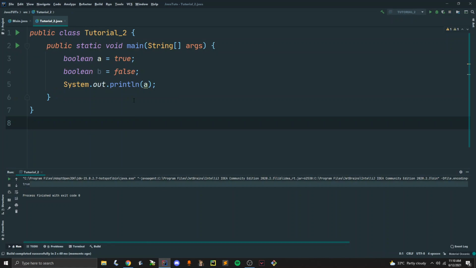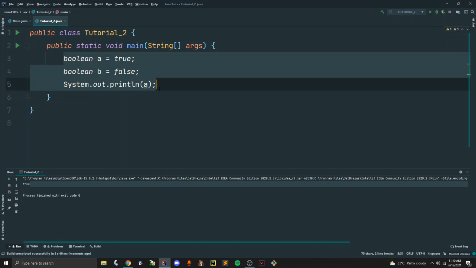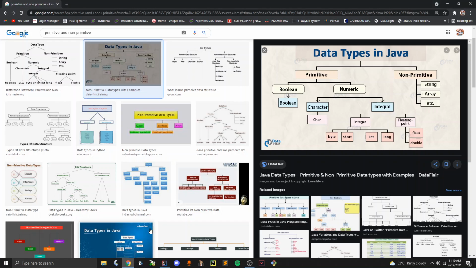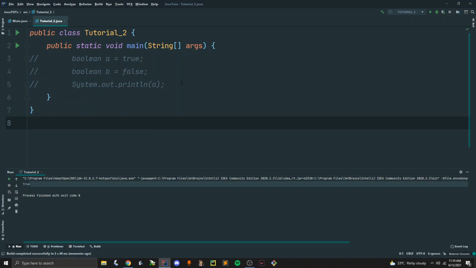Remember, if you are entering a boolean value into a boolean data type, make sure your t is small, because Java is case sensitive. It will not recognize your capital T. Make sure you do this, right? Let me comment out this. And now we have our numeric. Alright, so we got a char